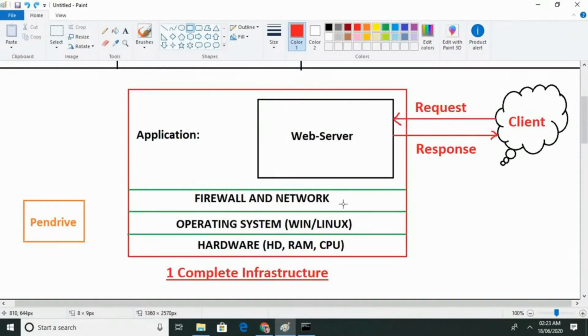Network is for outside connectivity, and firewall is to restrict someone if we want only a particular client to access the web server. On top of that we launch our application, our web server, so that a client can connect to this web server and access the website and everything that you have created.